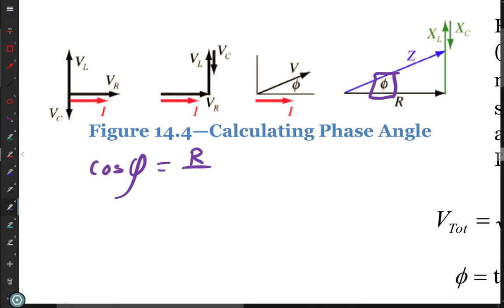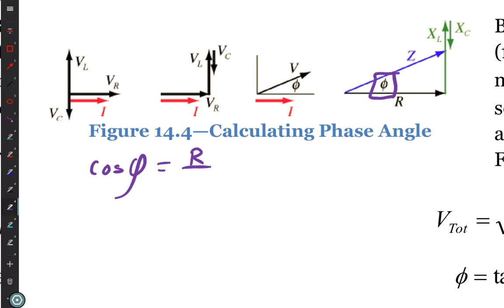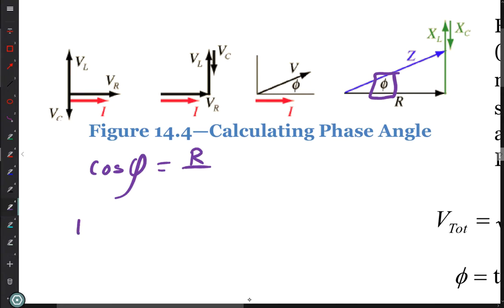The hypotenuse is labeled Z. Z stands for the impedance. The impedance is the total resistance to charge going through. Now, resistance was taking away energy. But inductors and capacitors don't take away energy. They store it and give it back. So we call what they do a reactance. And so we have for an inductor, V is equal to I X sub L,